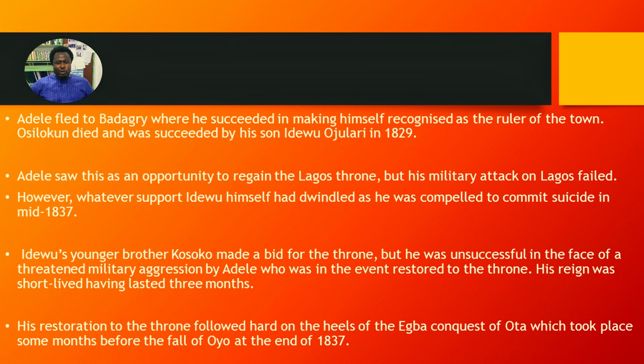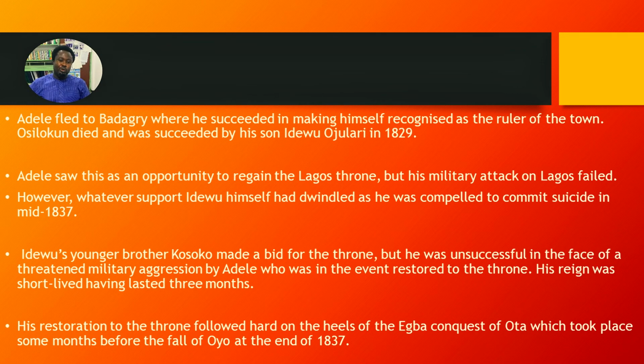So Adele saw this as an opportunity to regain the throne of Lagos, given that his major enemy had died and his puppet, his son, had been crowned. He made several attempts to regain the throne of Lagos, but his military attack on Lagos failed. However, whatever support Idewu himself had on the throne, he was compelled to commit suicide in mid-1837, perhaps